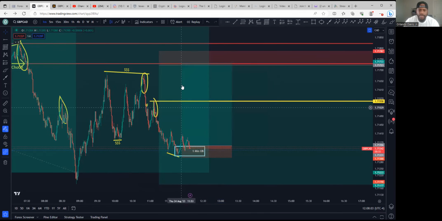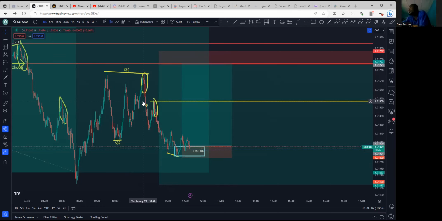But my TP, I always put my TP at the overall TP. And then I set an alert at the most recent, as my TP1, I set an alert. Price alerts me. Cool. Go in there, close 50% of my volume, put my stop loss at break even, let the rest ride, Clyde. Yeah.